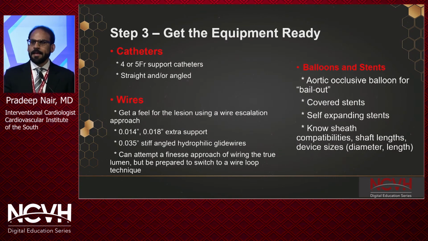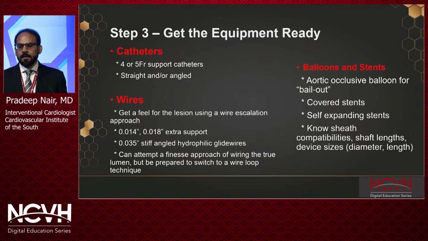Step 3, get the equipment ready. So the catheters we utilize are typically 4 or 5 French support catheters that are either straight or angled. We have a wide variety of wires that we can choose from. We usually use a wire escalation approach. You can attempt a finesse approach of wiring the true lumen, but be prepared to switch to a wire loop technique. Typically, what I start with is an 18 thousandths wire, followed by escalating to a 0.35-inch stiff angled hydrophilic